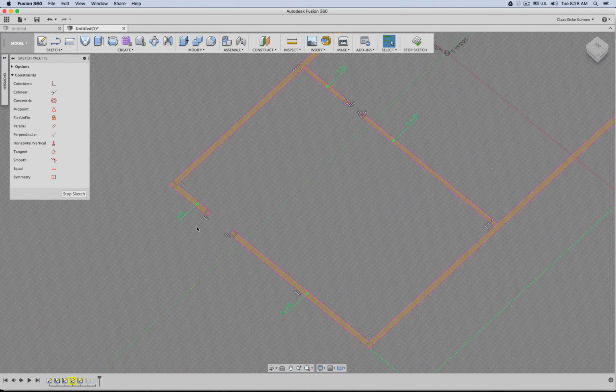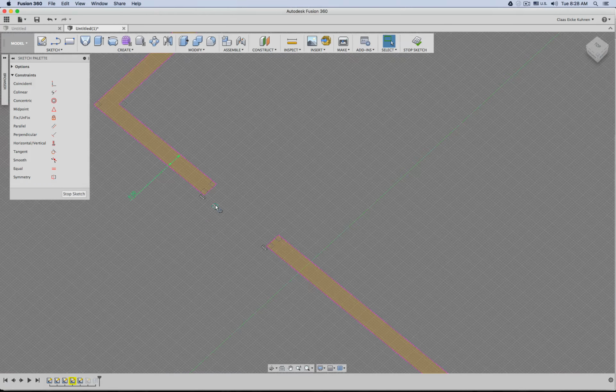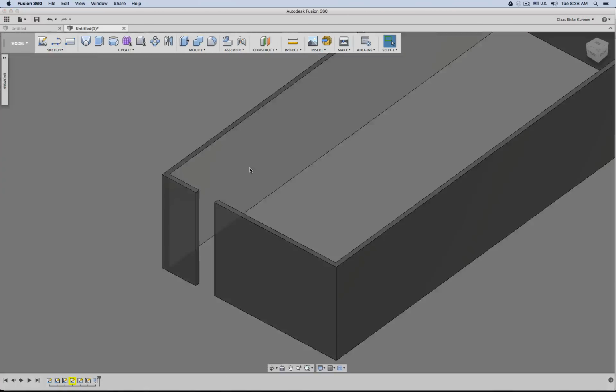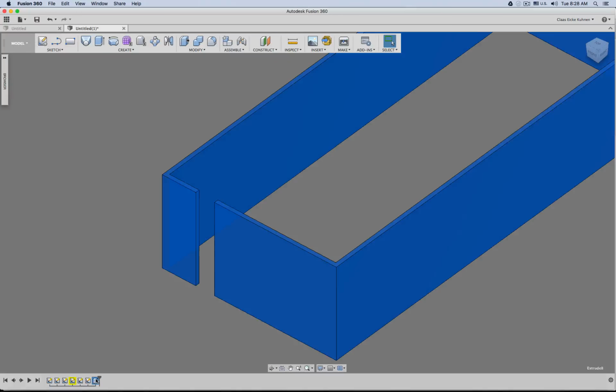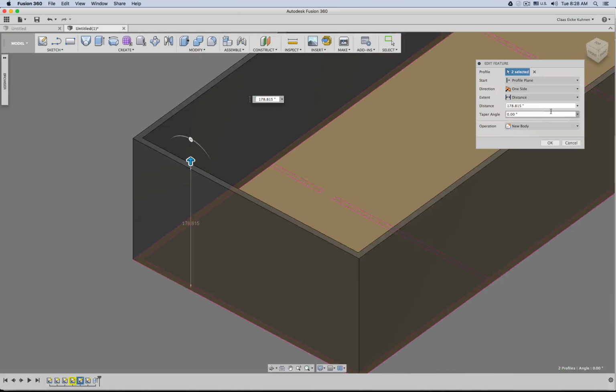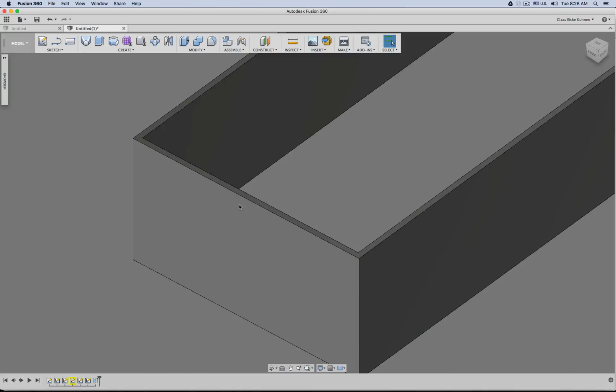So I will go ahead and put this in and this in. Okay, good. Double click on this feature, and then I will add this part there. Great. So now I have a big wall,